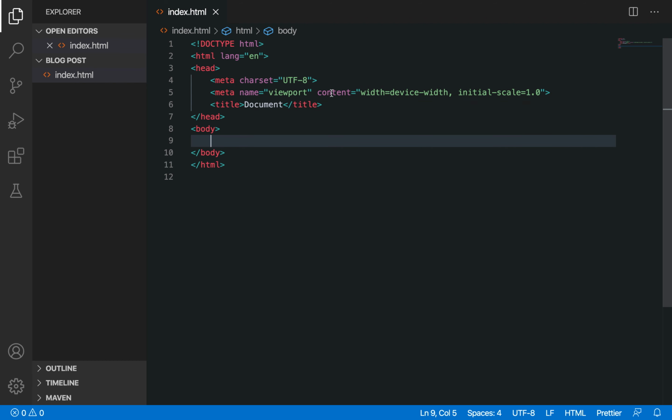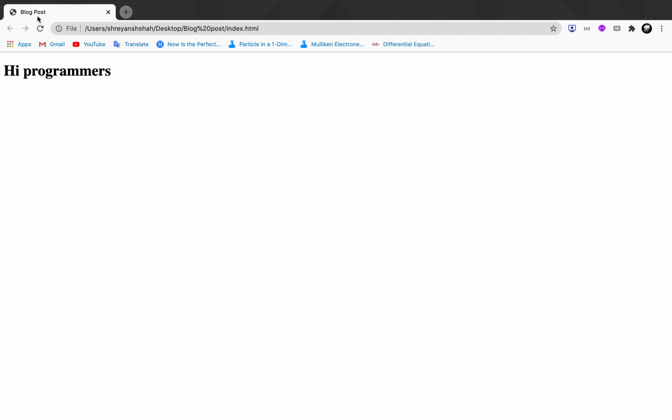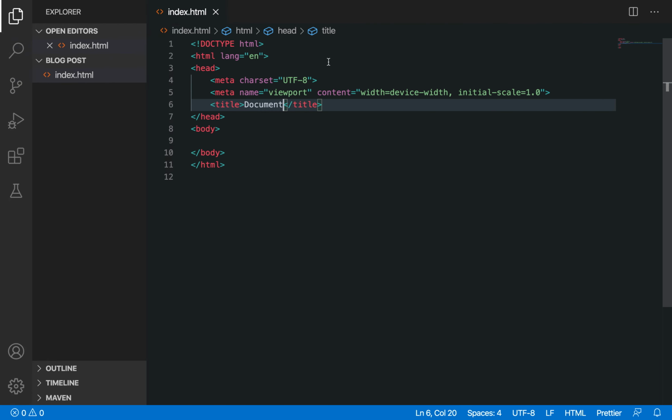These two meta tags are very important. I will explain this to you in greater depth but later in this course. And then there is this title, and if I save this and refresh, then this thing will be gone, and it will appear as document. So now you can see it is saying document and there is nothing, because it is following this HTML code now.